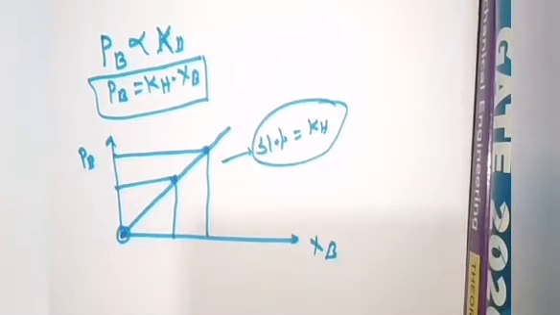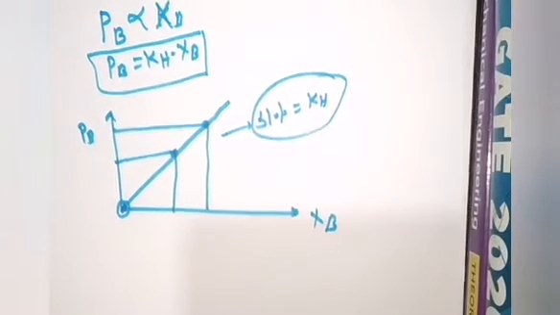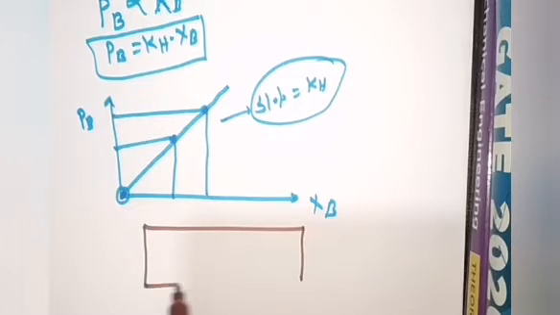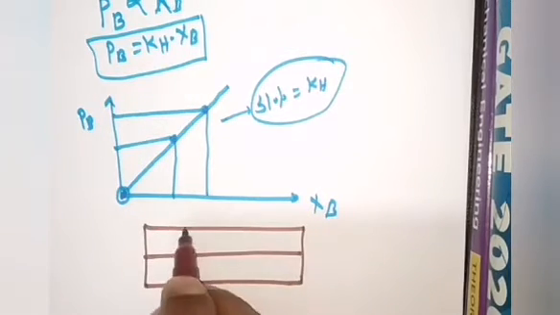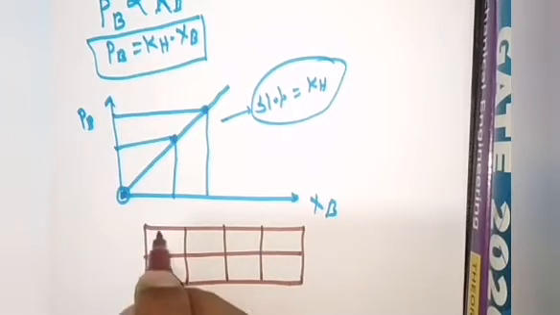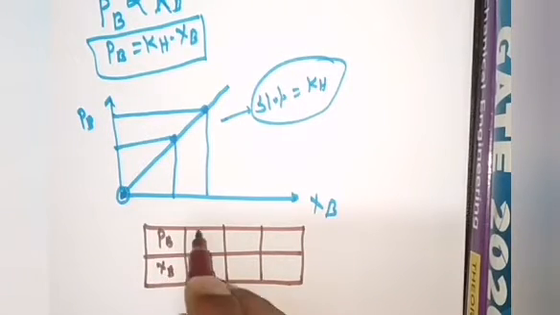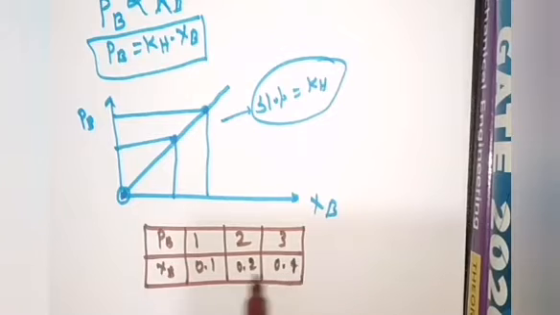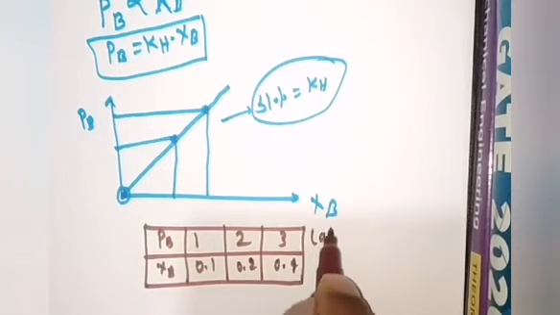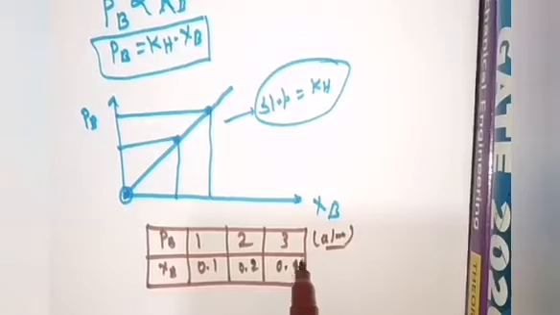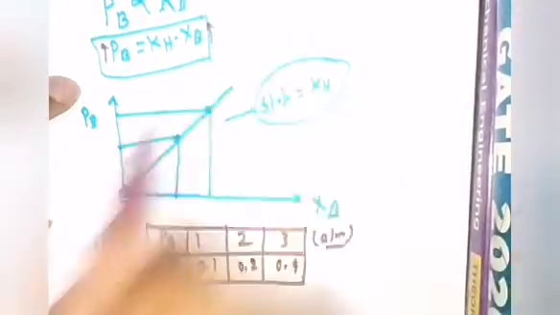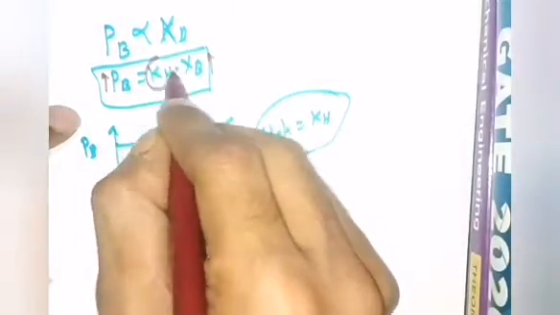What will the slope give us? KH. So just try to understand the situation: if in the question graph data is given, these types of questions may be asked, so try to understand the basic things. If the values of PB and XB are given, just like PB is 1 atm, 2 atm, 3 atm, and 0.1, 0.2, 0.4. Why am I writing 1 atm, 2 atm, 3 atm and increasing the mole fraction? Because I have already told you that if we increase the pressure, what will the value of XB do? It will increase, if you keep the temperature constant.